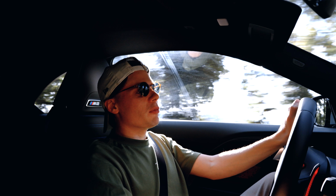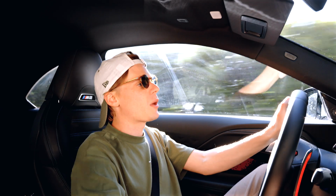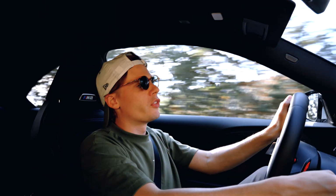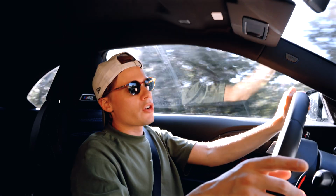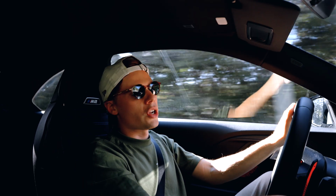Interior, classic BMW interior, I really like it. It's very straightforward, everything is where you need it. I did get used to the screen. I think it's a bit overcomplicated for pretty much nothing, where you go into this menu and you have all those icons. I mean, it's useless, you can throw it out, it makes no difference, but otherwise everything is at hand. The only thing I would do is remove the temperature control back to a normal knob, because I like my screen neat and clean, and now I have to make it dirty with my fingers to change the